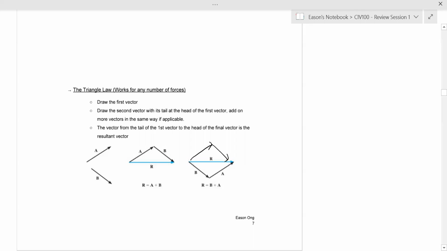is that it only allows you to add two forces together, right? But with the triangle law, I can add an infinite amount of forces together as long as I connect them head to tail. But anyway, you don't have to worry too much. If your assignment asks you to use the parallelogram, please do so. All I'm saying is that you don't have to worry too much if you are not